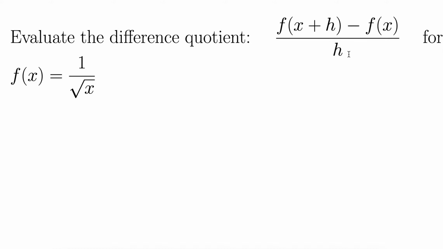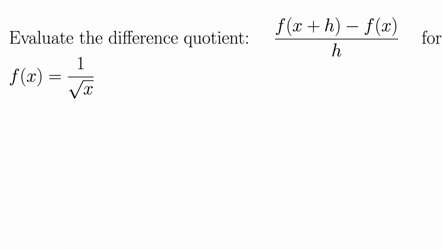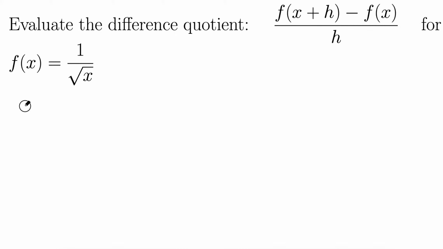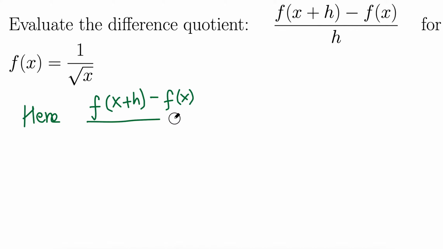The difference quotient for the function 1 over root x. So here we have the difference quotient, which is f of x plus h minus f of x all over h. That is in fact just h on the bottom. On the top, by this function we know that f of input